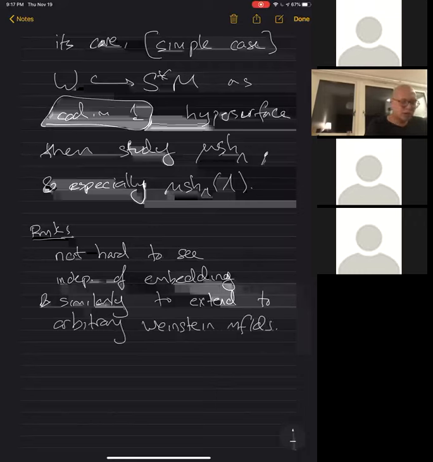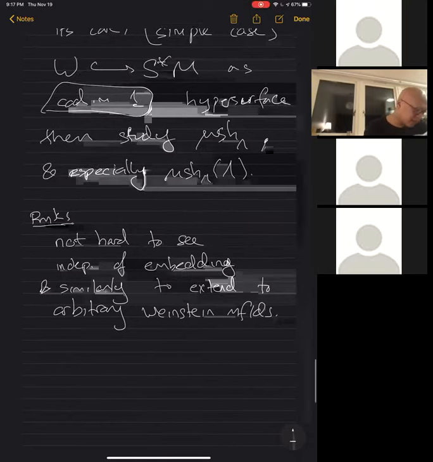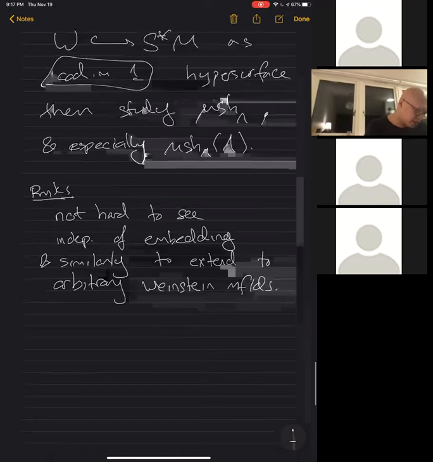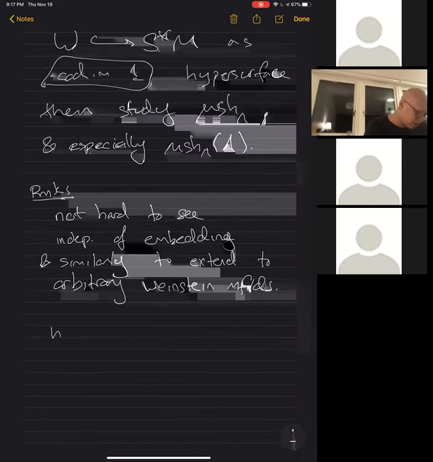All you have to do is embed in a higher codimensional, higher dimensional space, and thicken appropriately, and then classical results tell you that you can get from one to the other. So that's not hard to see. But what is hard to see, so maybe not easy to see,